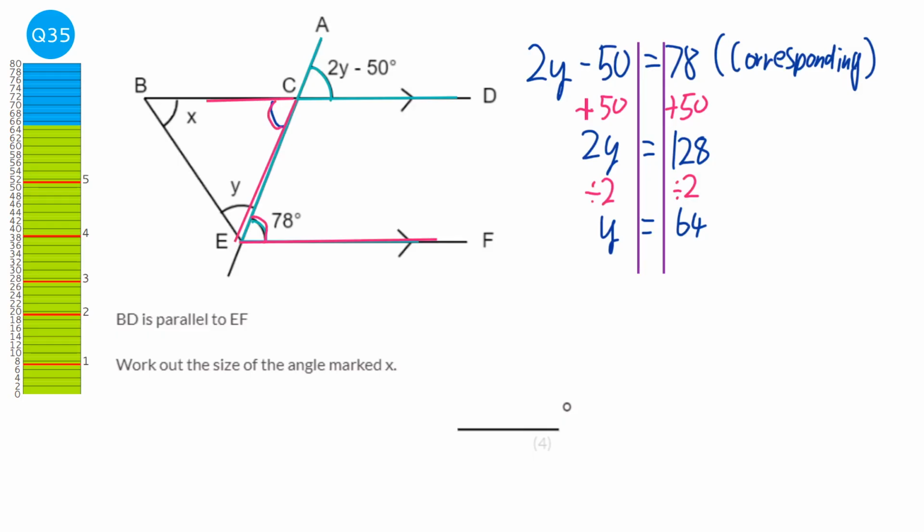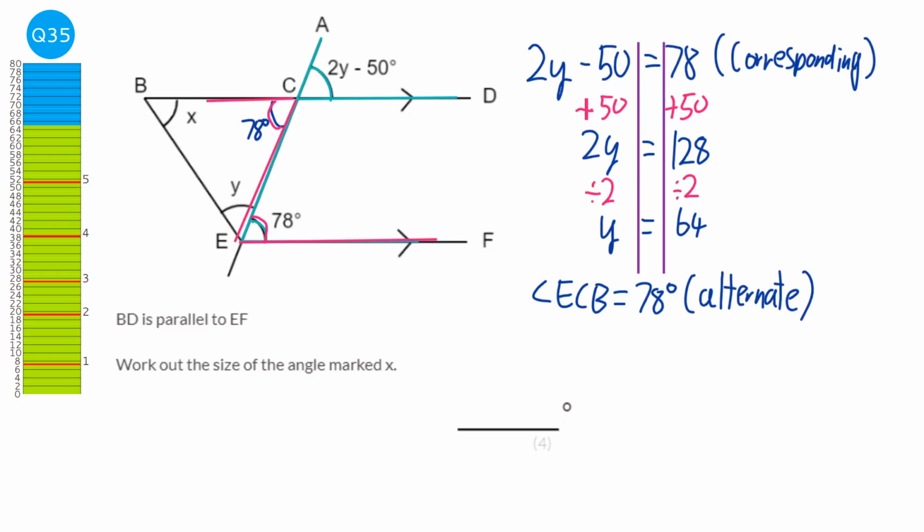So I can write that down here. So angle ECB is equal to 78 degrees. So this will be 78 degrees. And the reason for that is alternate